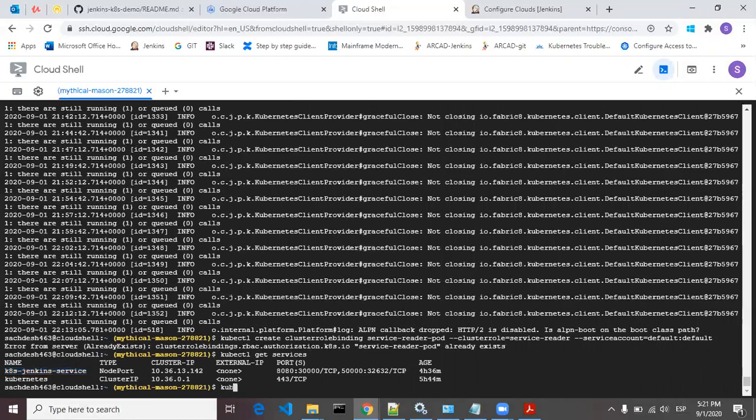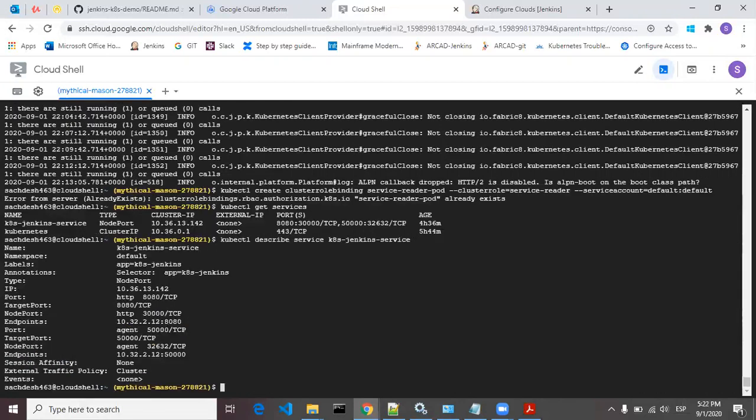Then type the command kubectl describe service, the Kubernetes Jenkins service. In the description of this service, you will see some endpoints. And this endpoint is nothing but an internal URL of Jenkins to connect it to the cluster internally.